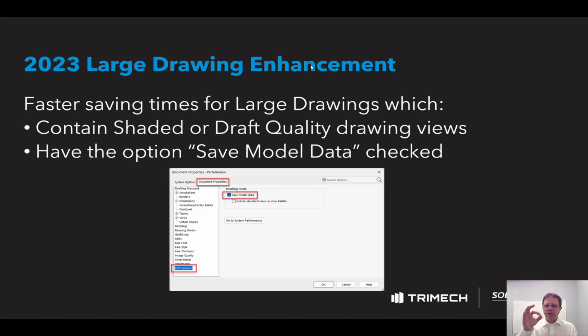For example, if you have a circle, that circle might be related to a hole. So that circle knows not only that it's circular and what diameter it has, but also it knows that it belongs to a hole that has a certain depth. So if you put a hole callout on that circle, it's just going to give you the result. Saving that extra information in the drawing file can actually be done quite fast,